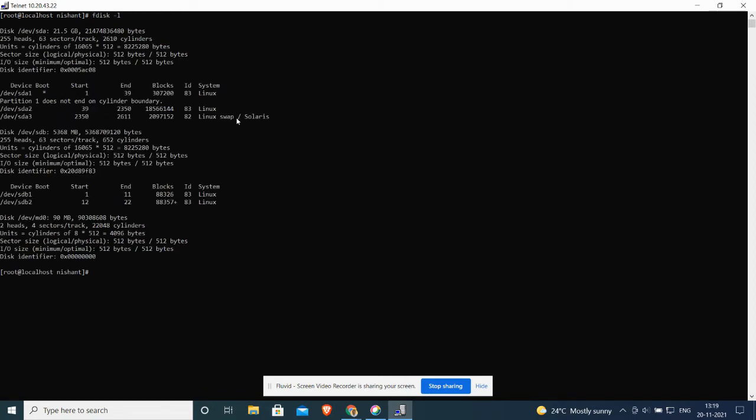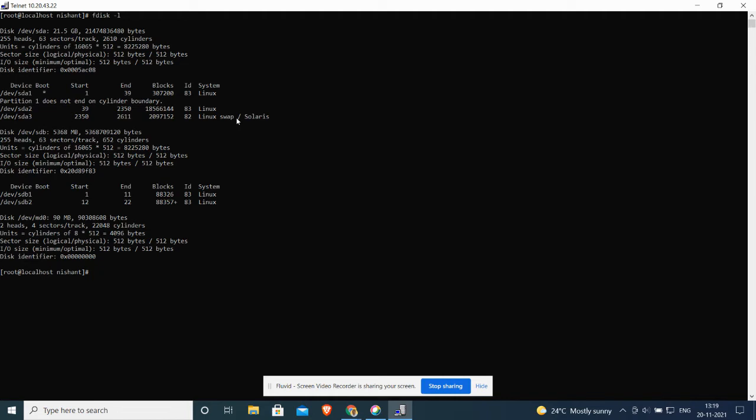So a user does not have permission. So let me log in as an administrator, as root. When I log in as root, it will give me the permission to run this fdisk. I'm very bad with passwords, so let me type a little slowly. And yes, now I have logged in as root. Now I've got all the permissions, so I run this fdisk command.